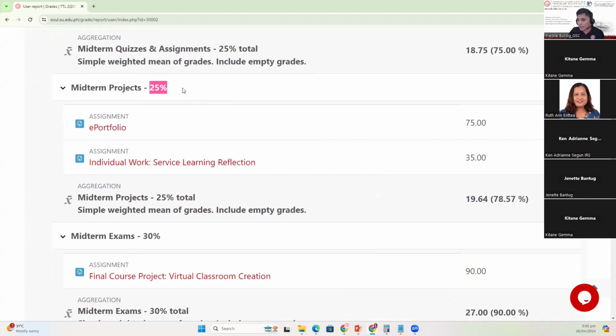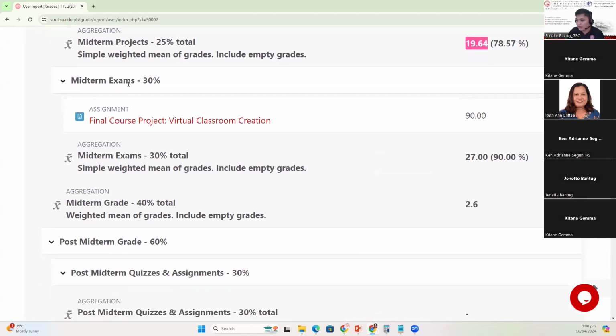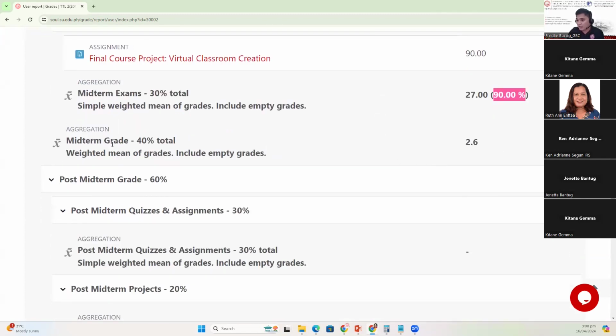So you have your midterm, and then that's it. You have 78.54, and then you have your midterm exams. You have 27 over 30. So that's the weighted score, and then you have the percentage score, which is 90. And then all in all, the student view will now reflect the numerical grade, which is